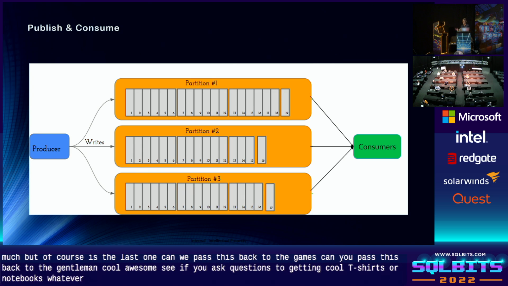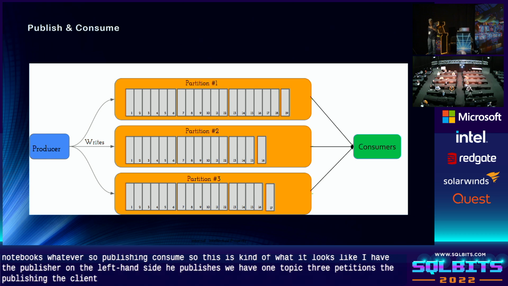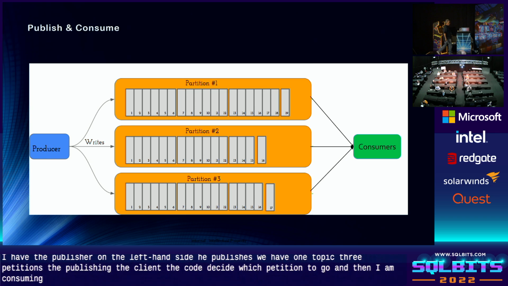So, publish and consume. This is kind of what it looks like. I have the publisher on the left-hand side. He publishes. We have one topic, 3 partitions. The client, the code, decides which partition to go to, and then I am consuming. If we were to do this in the real world or semi-real world,